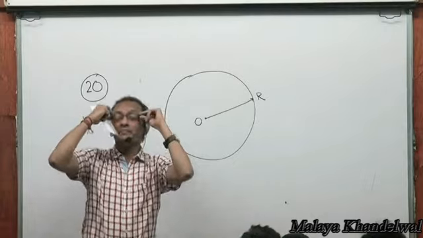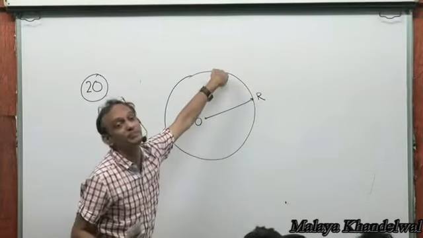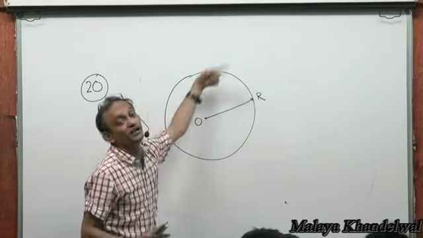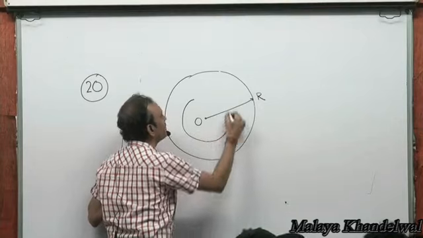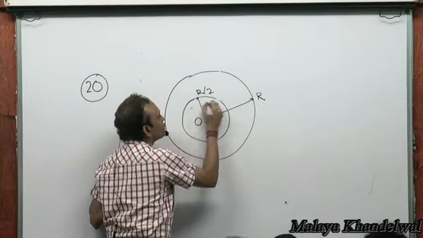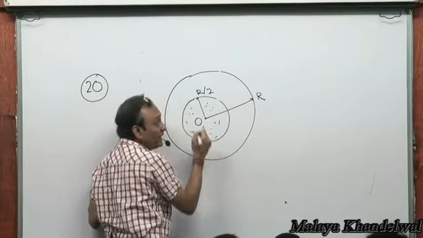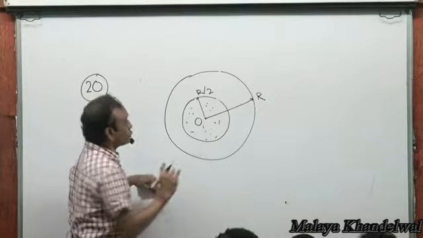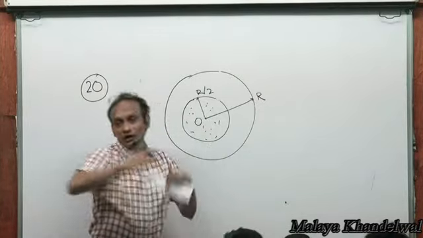We want to find the probability that the point picked out is closer to the center than to the periphery. Is closer to O than to the periphery. So very simple. You draw a circle of radius r by 2. Then the point should lie here. Right? Now, although there are infinite points in the favorable region and infinite points in the total region,